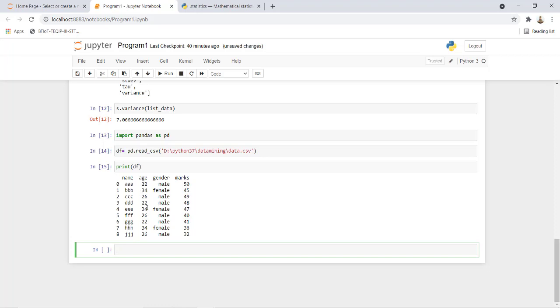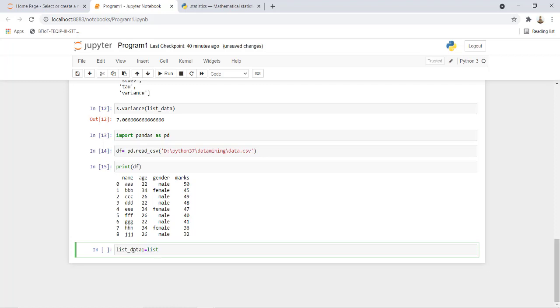You can take either age or marks. So in this I want to take age here. So take this age attribute and store this as a list. It is better for easy calculations. So I want to take this list data again. Already we have list data, and so I am giving it list data 1.